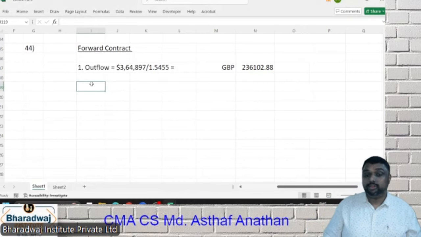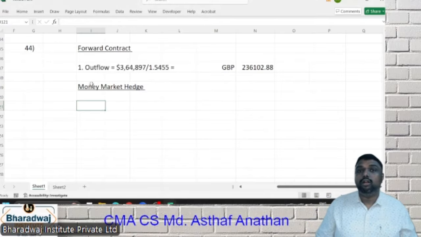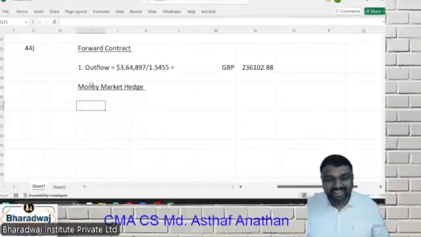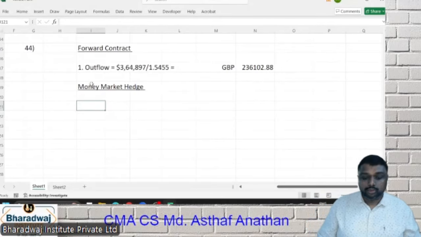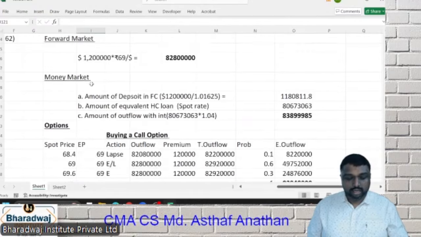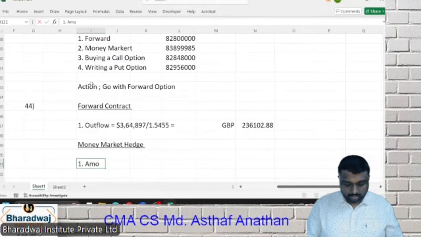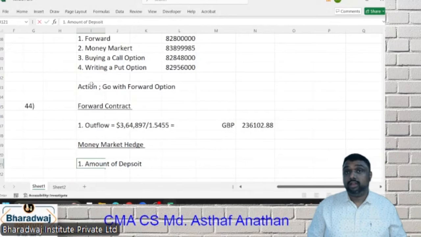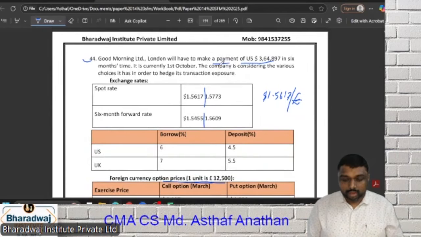Now going to next perspective, we'll go for what? Next point, money market hedge. I know you are ready. So let's start. What is money market hedge? So it is payable. So payable, we have discussed the shortcut here. So you don't want to make anything. So last question also payable. So you have to make the amount of deposits. We are doing a very shortcut method. So what is the amount of deposits? You have to make an amount of US dollar